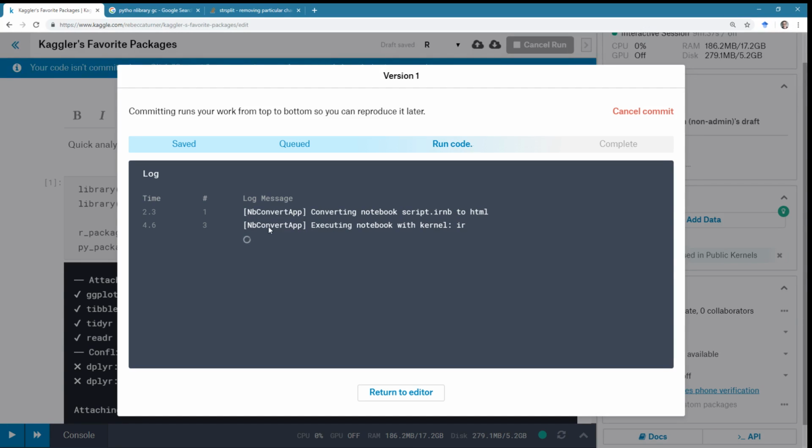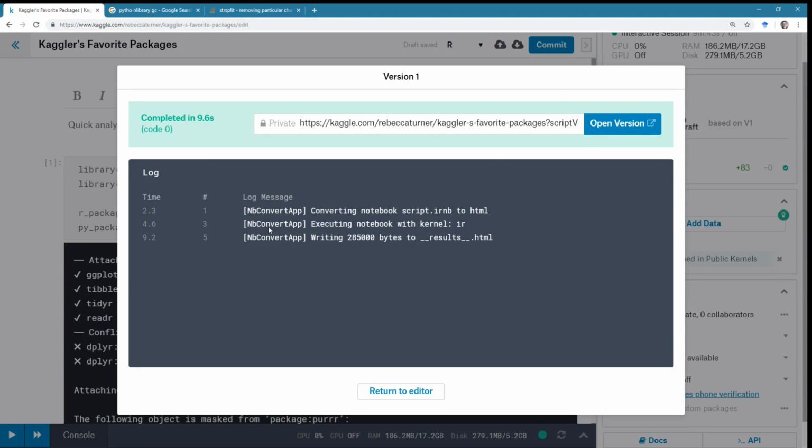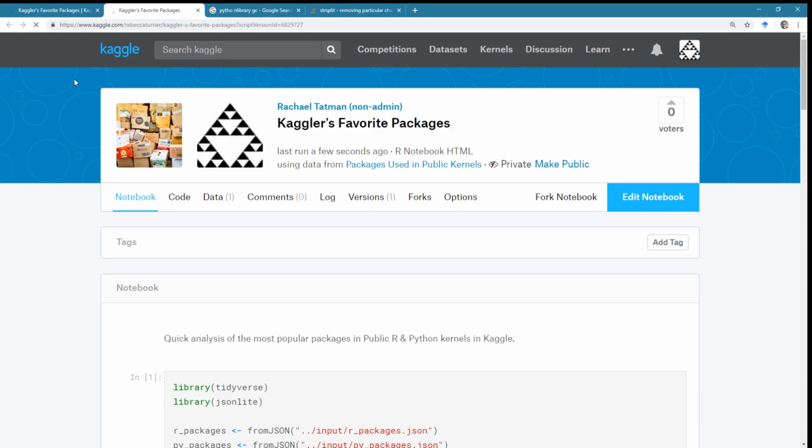Yeah, and feel free to let me know what your favorite R and Python packages are. What should be in the top 10 and isn't? I am personally surprised there's no NLP packages in the top 10. No spaCy, no NLTK, no tidytext. I guess stringr is kind of an NLP package. Yeah, which I guess makes sense, but we do a lot of NLP competitions and we have a lot of text data on the site, so I would expect it to be a little bit more prominent.